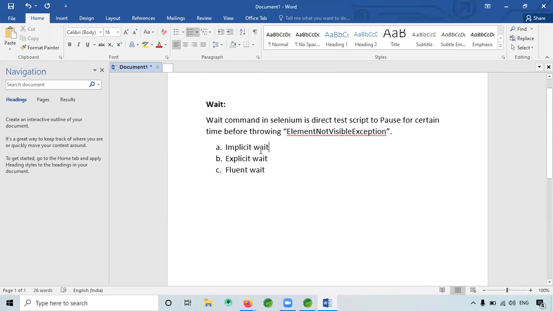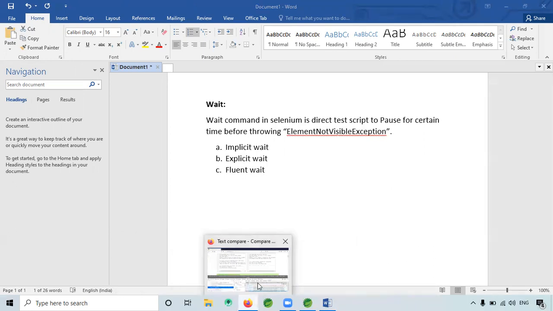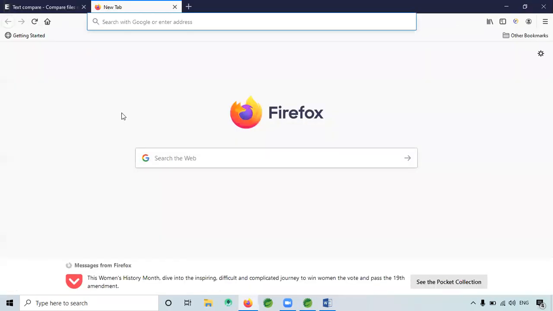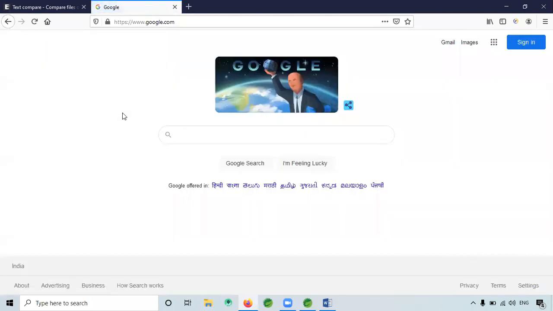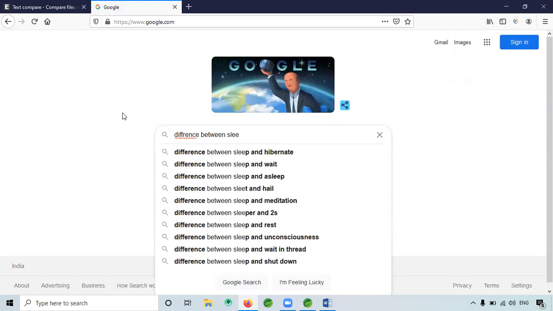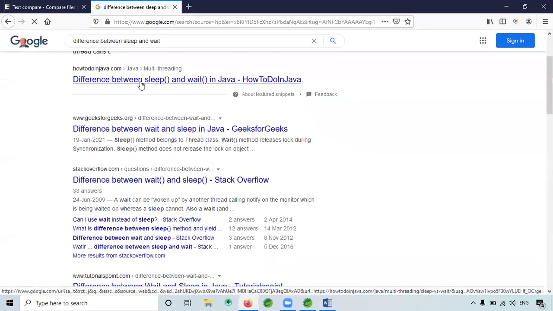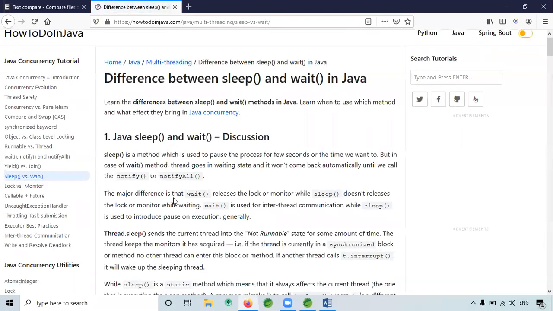Before we go into explaining wait, let's see what is the difference between wait and sleep. Even I'm not sure, because it's in threads. Let's see the difference between sleep and wait in Java.